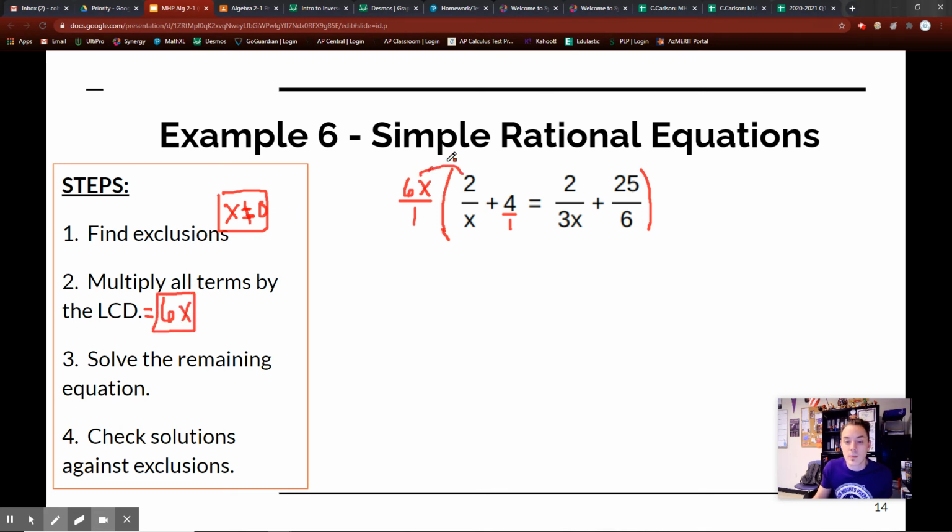So I start multiplying through, and I told you guys I'm going to go a little bit faster here. You may even see me skip some steps. If that's the case, it's the exact same steps as the last example. Go through those last questions. I'll try to explain to the best of my ability, but I'm going to skip some steps here. Okay, 6x times this first term, 2 all over x, means the x's go poofy, which means I just have 6 times 2. Plus 6x times 4x, or sorry, 6x times 4 is just 24x